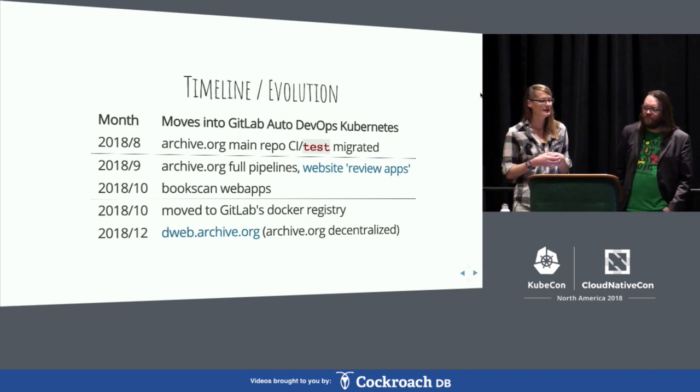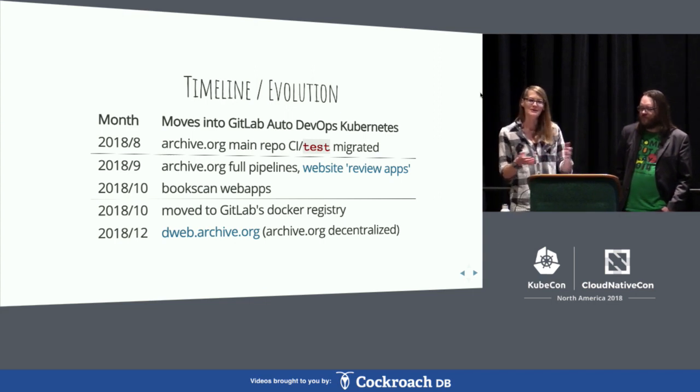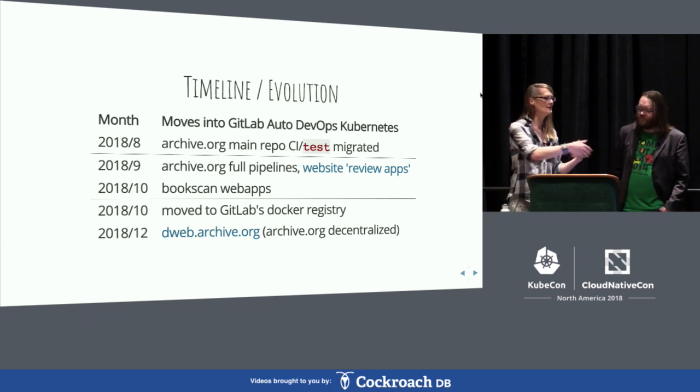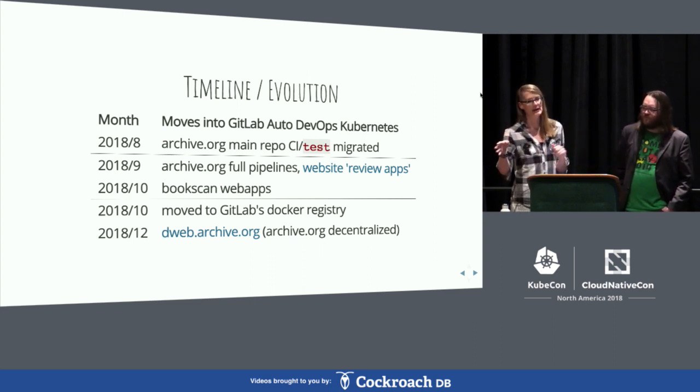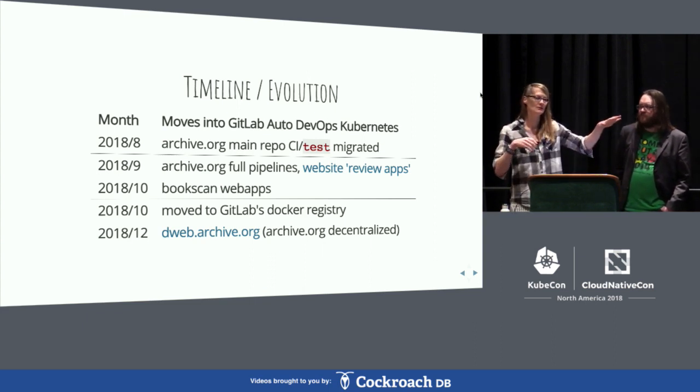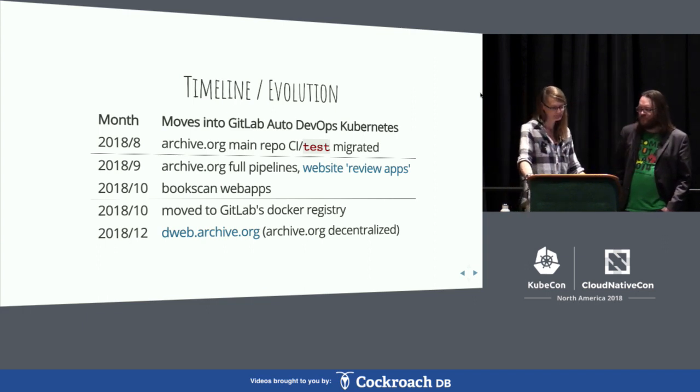and started doing what they call review apps. We'll talk about that a little bit more too, but that's basically a developer or a contractor or a volunteer can have a branch of your tree, and every time they push to that branch, it automatically makes a website. It's fully testable, experienceable. It's great.